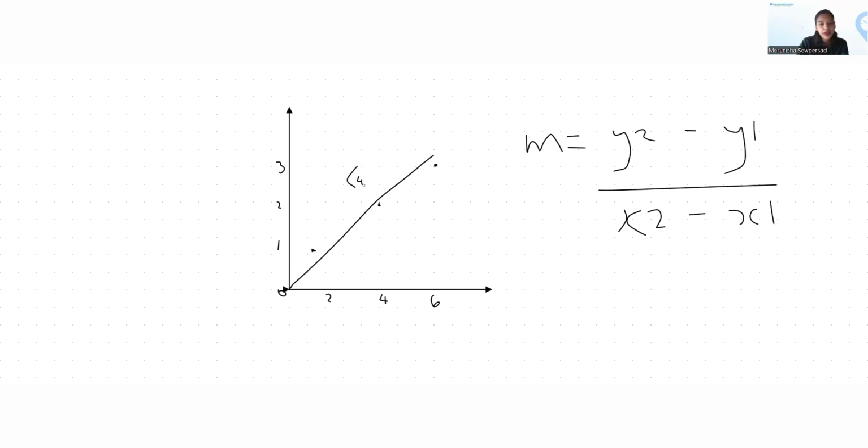So remember, when you have coordinates, it's always x value first and then y value. And I like this one here, 6 and 3. Right. So this is my first set of points, so it's going to be x1 and y1. Then this is going to be x2 and y2. Okay. Now take